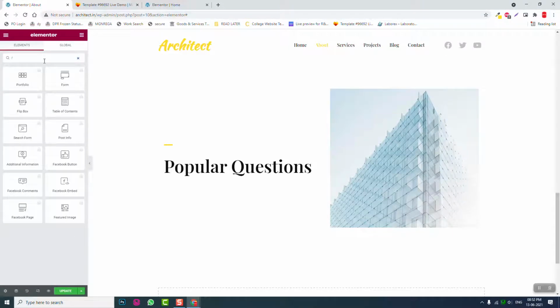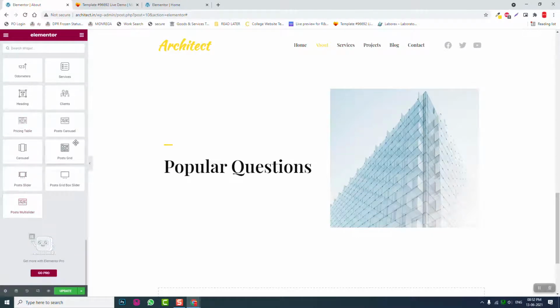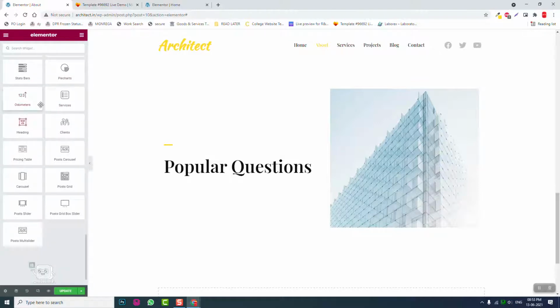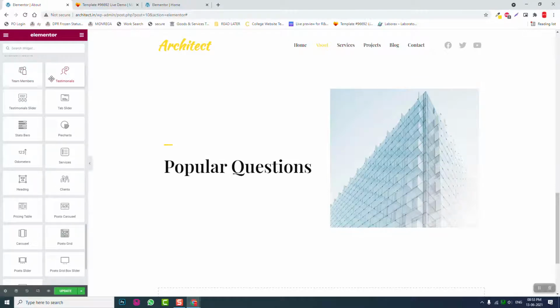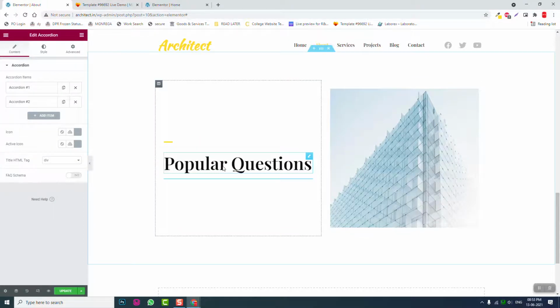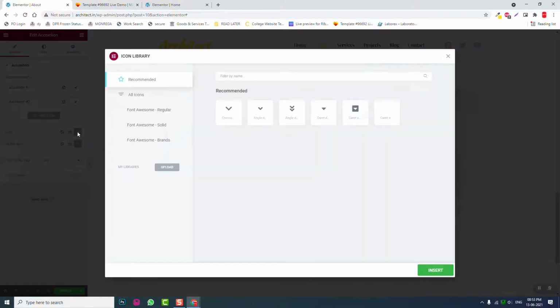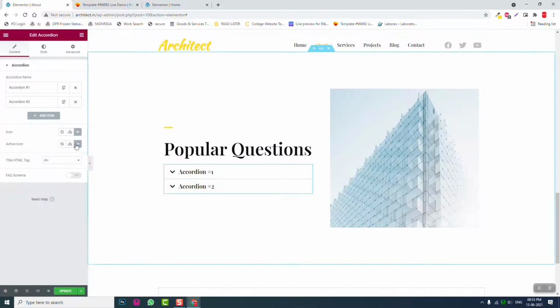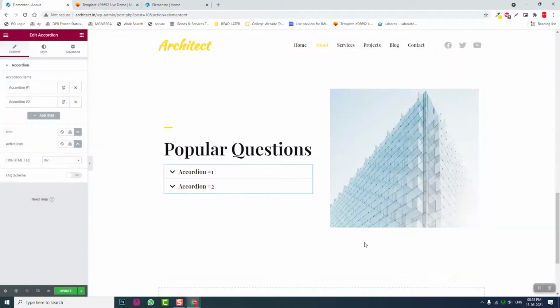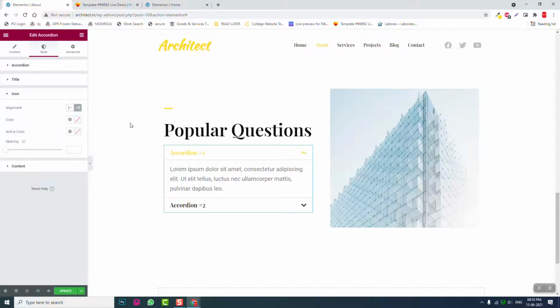FAQ not available. So in the LabMesh add-ons for Elementor, there are post slider, procedure, clients, services, odometers, heading, pie charts, testimonials, but no accordion. So we have to use the default accordion or toggle widget. So accordion widget. Okay, icon to the right side, change the image to icon and change to this, and style icon position to the right side. Okay, like this,